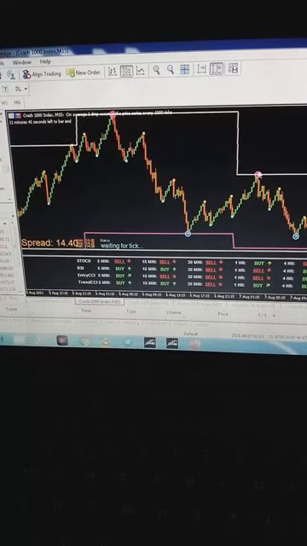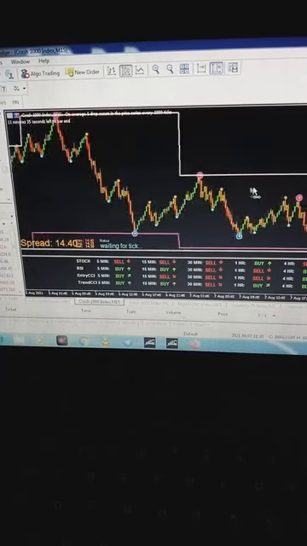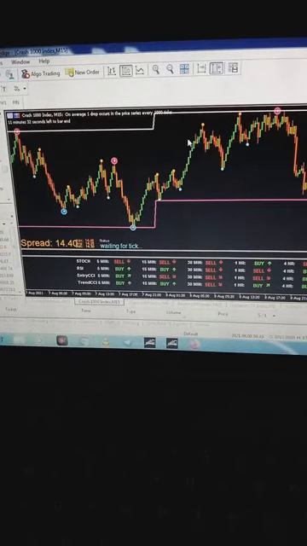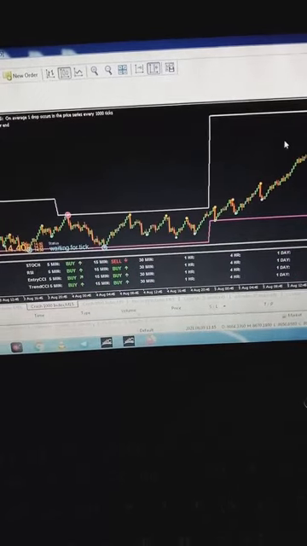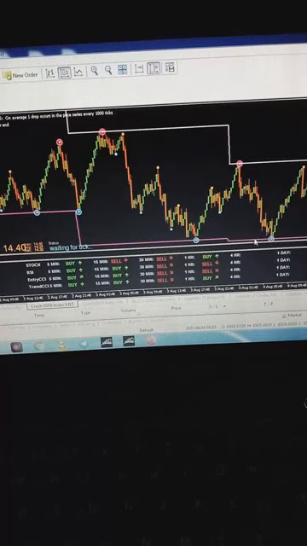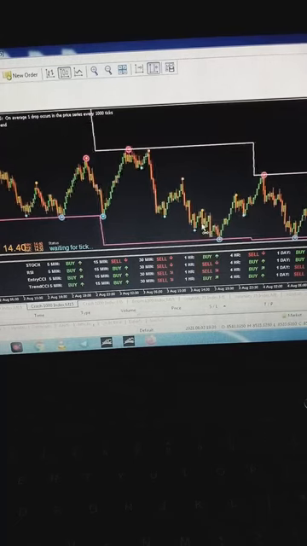Let us trace it. You see this place again. It touches. What happened? The price moved down. Let's see where it touches the lower band. When we are done with up, we'll talk of the down one. You see here, price touches the lower band. What happens? It goes up. So if you are a buyer, you'll be looking at when the price will touch the lower band. You see the touch. You see how the price moves up. As it touched with confirmation, that red circle, the price moves up.